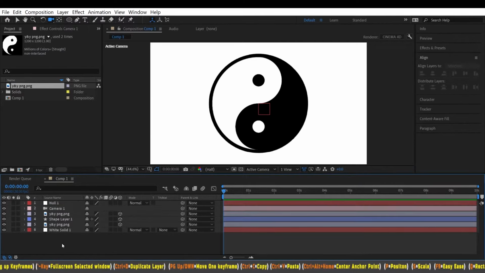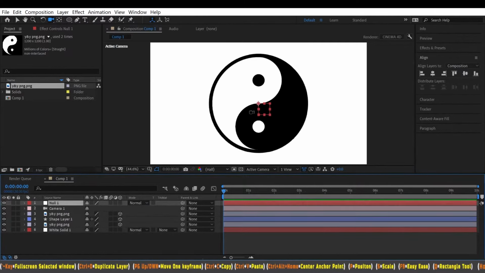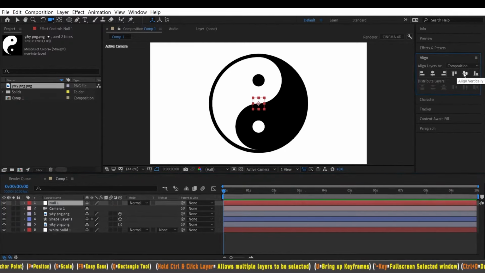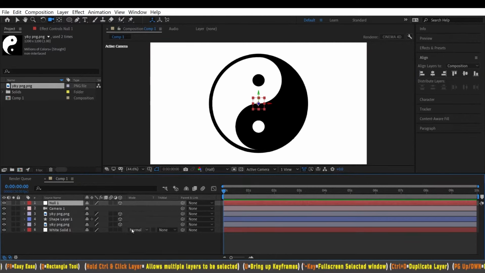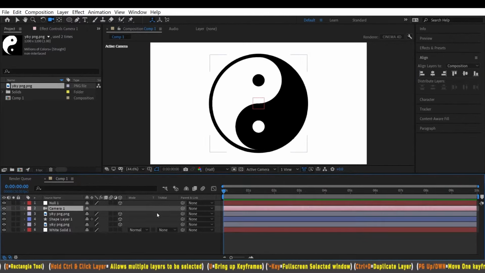Alright, so we want to center this so when the coin spins, it is centered. So let's go ahead and move this into, first we want to Control Alt Home. What this is going to do is bring the anchor point into the center of this red box. So Control Alt Home, and then you want to align this, and then we want to make it a 3D layer so you can move it. We're going to need that in a second. So we're going to parent the camera to the null object,